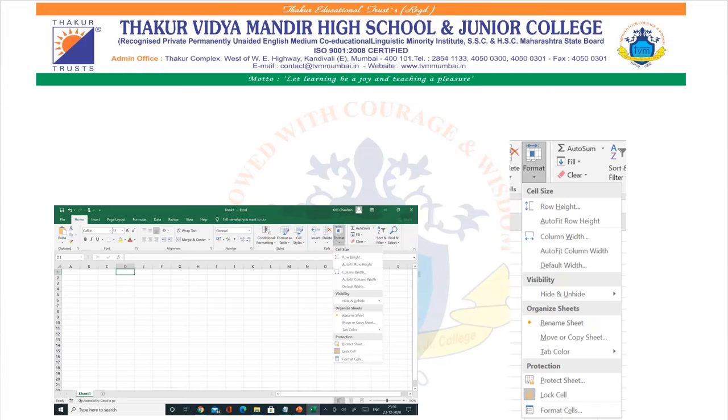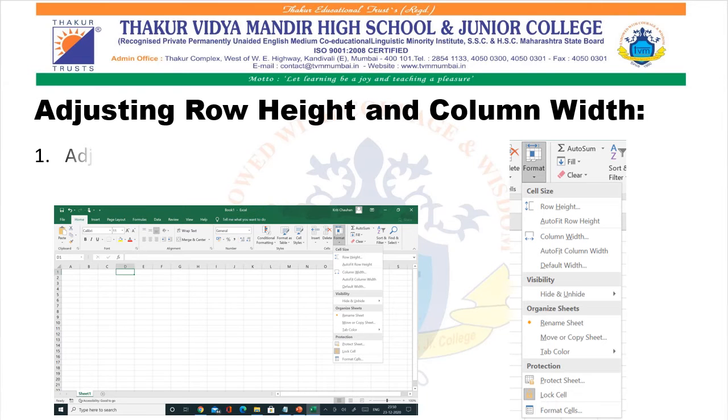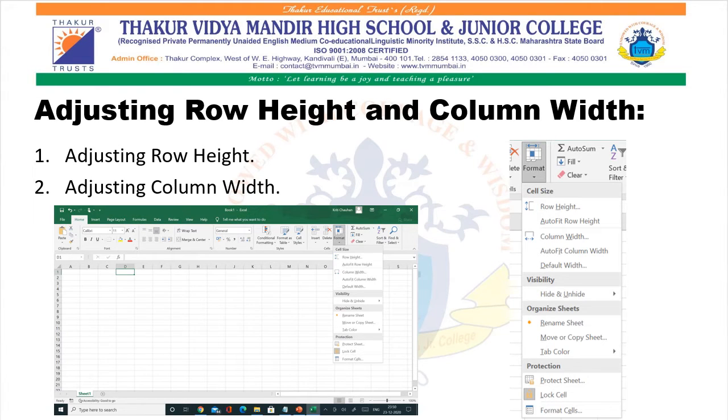Now there are two ways we can adjust a cell. First is adjusting the row height and the second is adjusting the column width. Now in this figure you can see the Excel sheet. In an Excel sheet you can see there are rows and columns. If we want to increase the width, you can just click the line before the column name, see here the C is written.